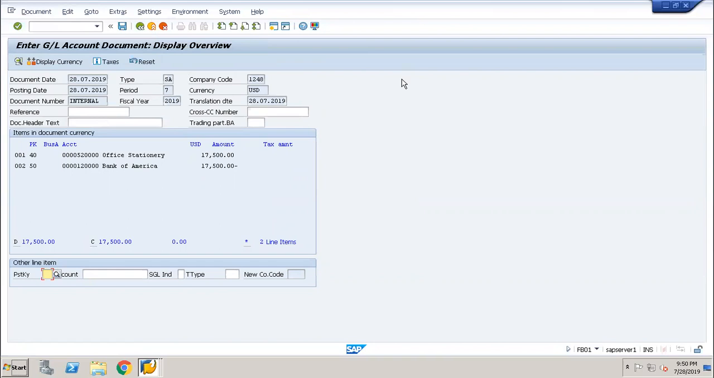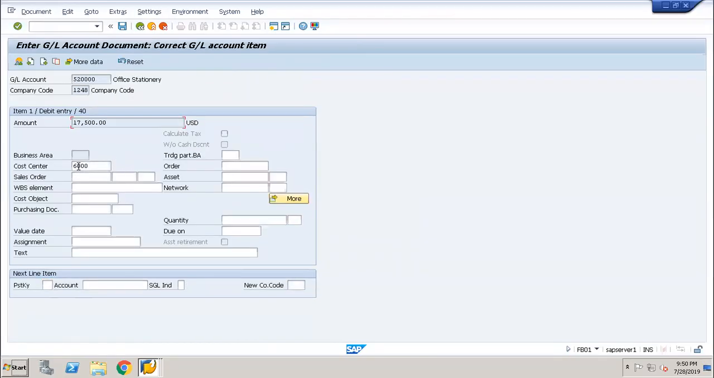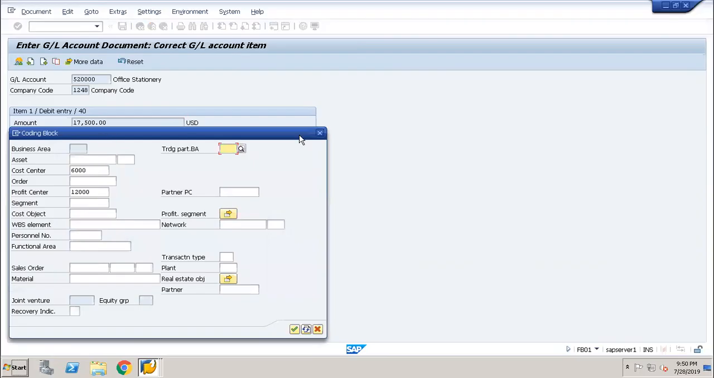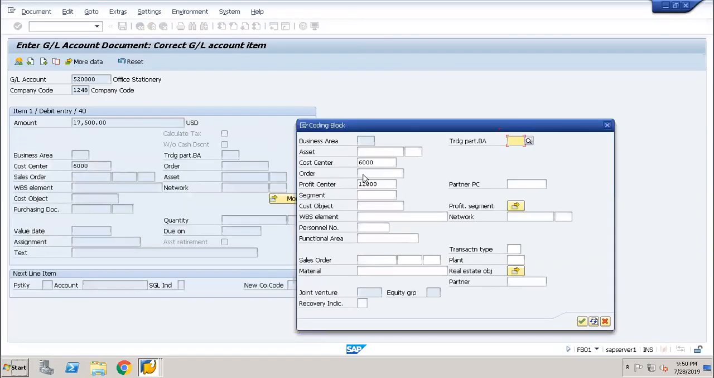Now it is okay. So now 40, I'm just double clicking on the 40. I can see a cost center as 6,000. When I go into more details, because I don't have profit center field appearing here,